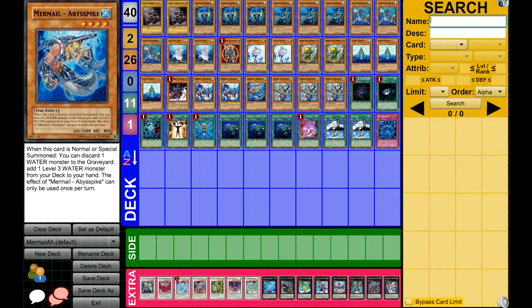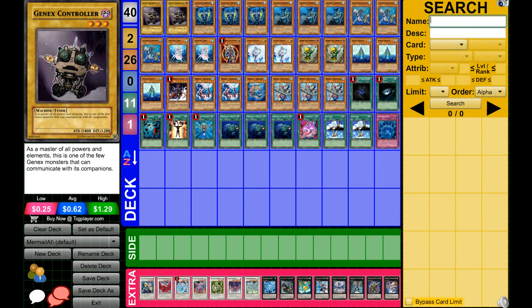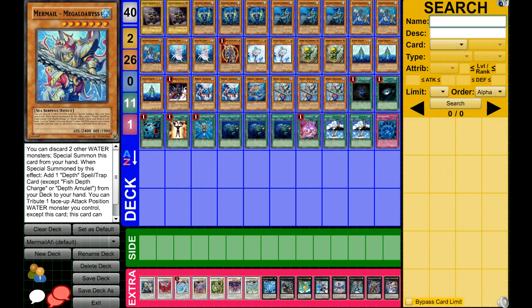Next up, we're playing 3 Megalo Abyss. Some people were saying this card was a dead draw, and I can kind of understand that when you have Black Legend Soldier and then Gen X Controller and stuff you can't use him with. And that does happen sometimes. I'll even admit that sometimes 3 might seem like a lot, but the thing is, it combos so